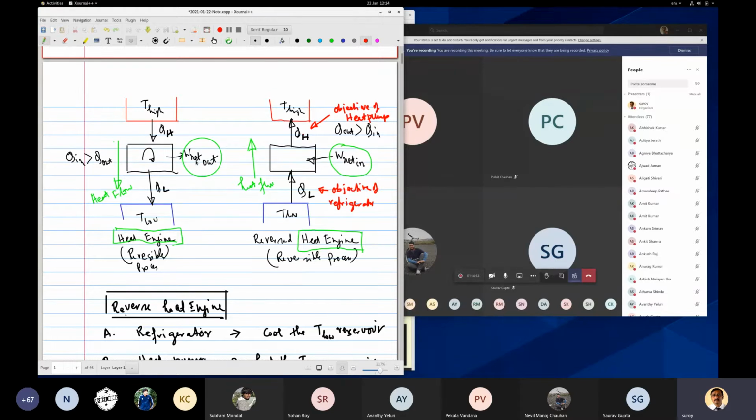So everything cannot be converted to work. Some has to be thrown out, either through the exhaust gas of our ICE engine, with which some heat goes out, right? Or it could be the power plant, where you have a condenser and you throw out a lot